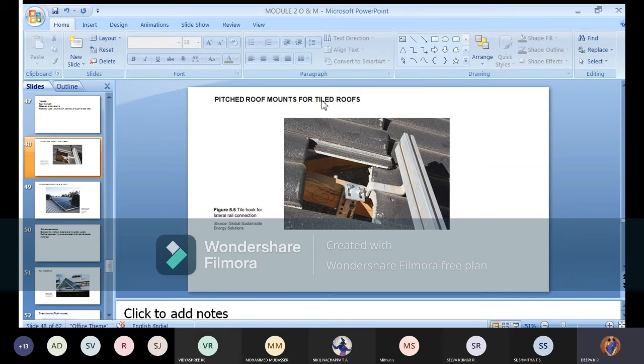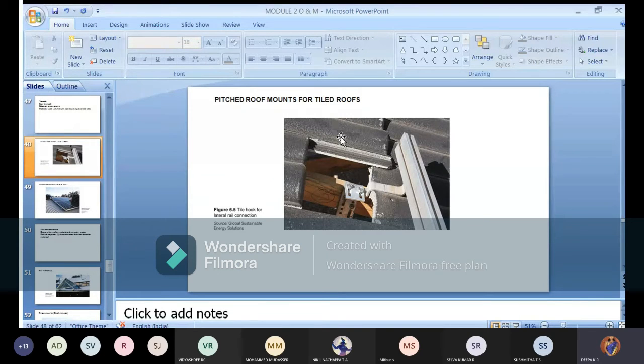When you consider a tiled roof, we normally compare it with metal roofs. Metal roofs means, as we saw in the last class, the metal sheets, which we call sheds. In that place also we can implement PV panels. If we compare with those sheets, tiled roofs need technicians and experts, and it will take much time. It is a time-consuming process.